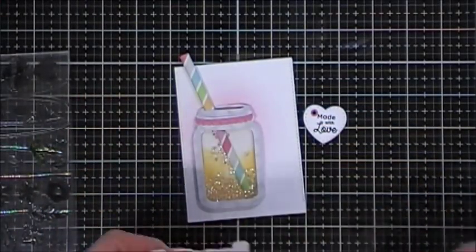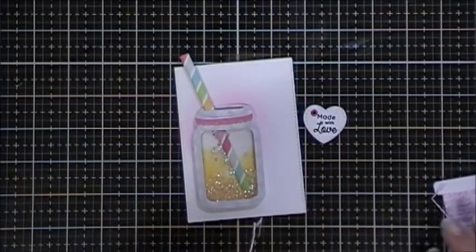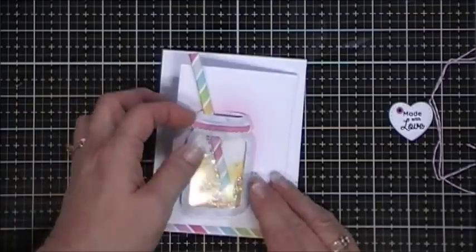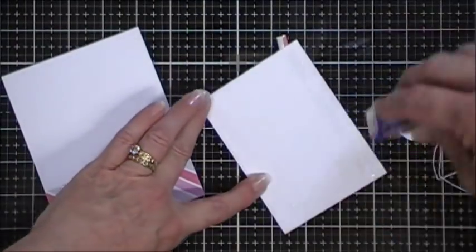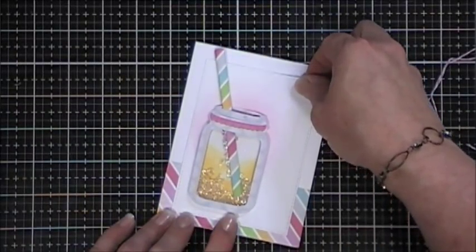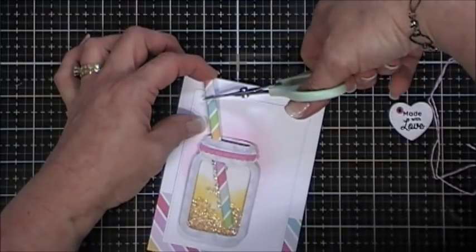Now I already stamped the sentiment that says made with love on the little heart tag that came with this kit, and I did add a pink eyelet, just to add a little bit extra something. And then I'm going to add my panel to my card base. I'm going to place it right in the center. Lovely. I'm going to just trim down my straw just a little bit,